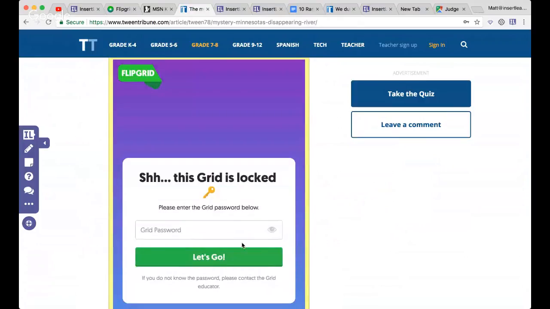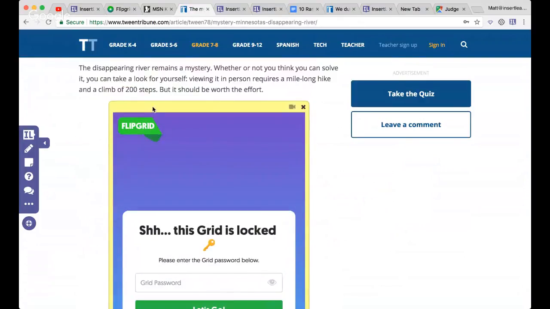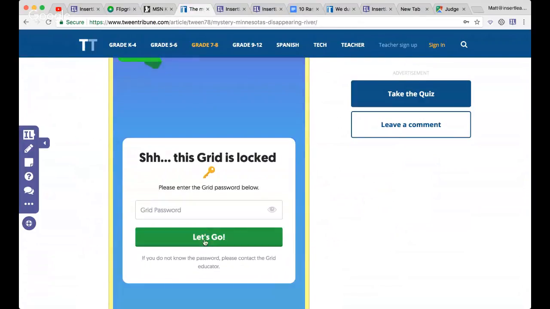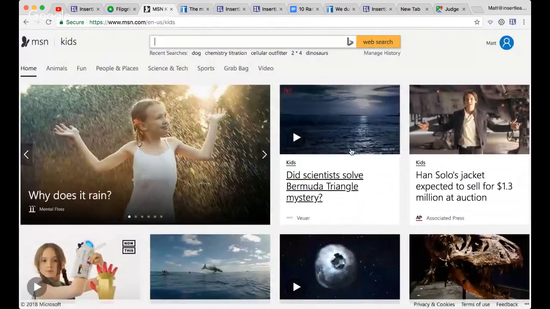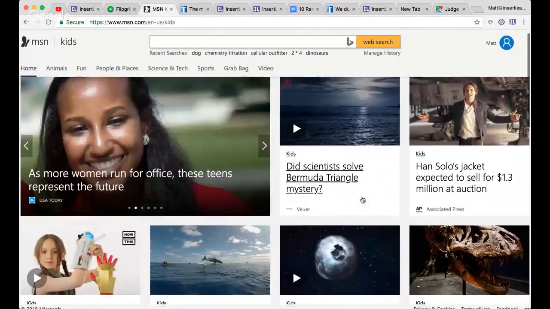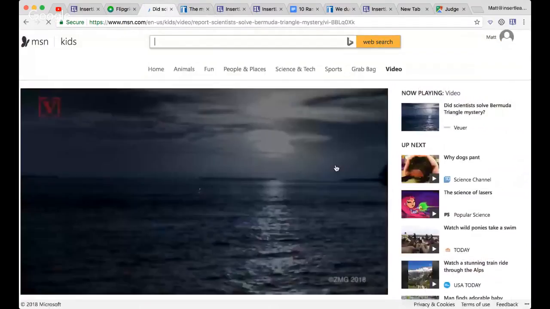Now this grid's locked, so we would need the code. I'd put the code up here, or the password, I'm not quite sure what it is. But now we can have a fully interactive Flipgrid discussion with students reacting to, say, a daily current event. Tween Tribune is one of the great places. Other great places like MSN Kids have a really neat combination of text as well as videos, and they're always from different sources. And one of the things I like